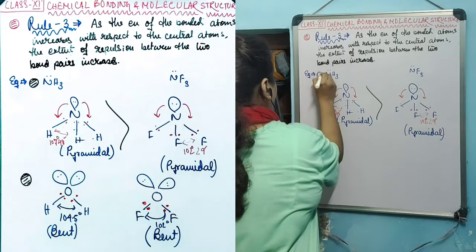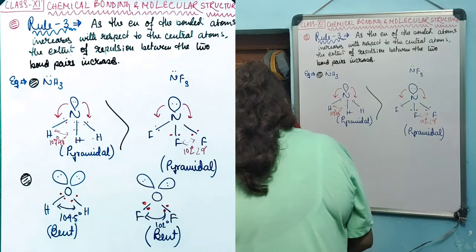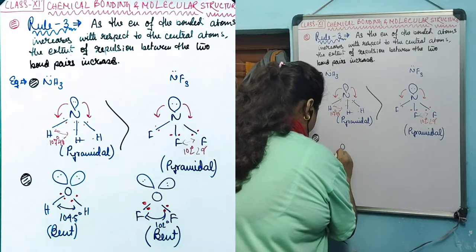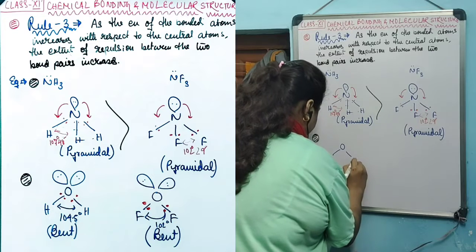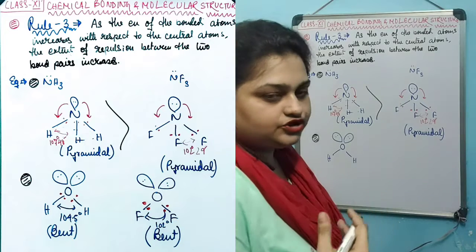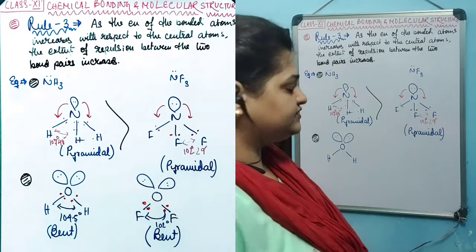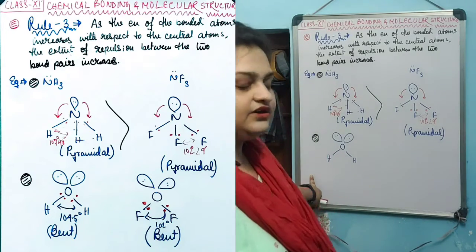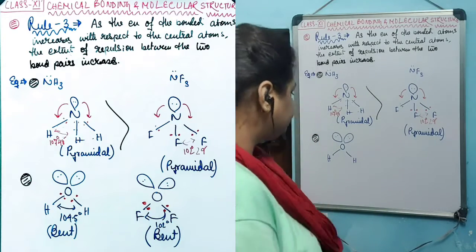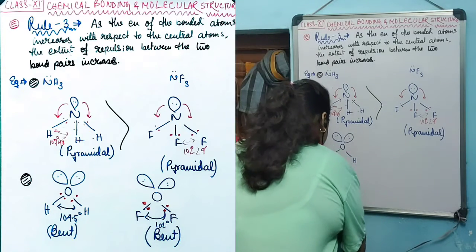Like for water, the central atom of water is oxygen, which has two lone pairs and two bond pairs. It should have been regular tetrahedral, because oxygen has four electron pairs surrounding it, but in this case, two electron pairs are of lone pair type and two are bond pair type. As a result, a distorted tetrahedral shape can be observed, known as the bent shape. So this is the bent shape.